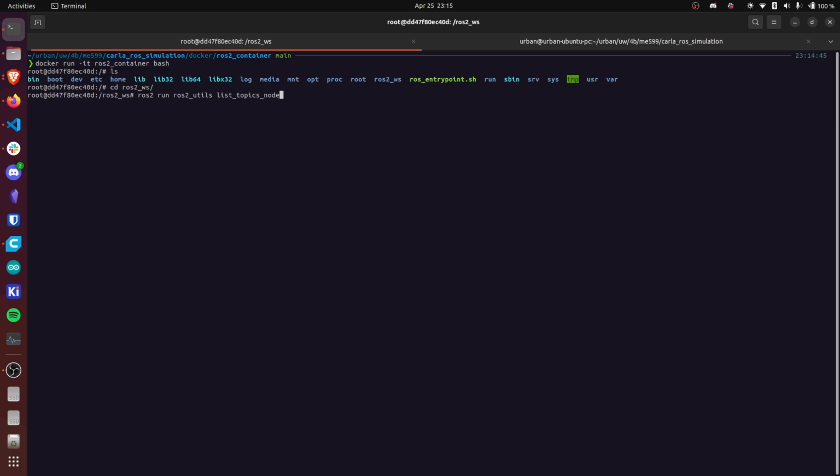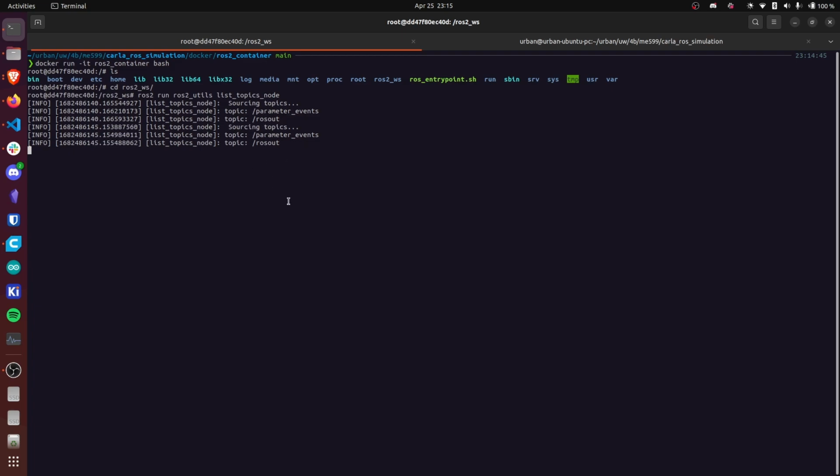So yeah, I'm back in the container running a bash shell. We'll cd into the ROS2 workspace, and then we can now run this example node. So that will just run, and this is just going to print out whatever topics are available. There's not much going on right now, so it's just a standard ROS out and then parameter events, and that's just going to keep looping through and printing out all topics available. But that's just an example of running a custom built ROS node in this defined ROS2